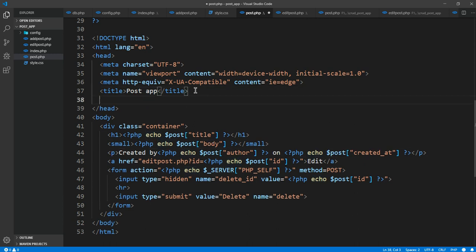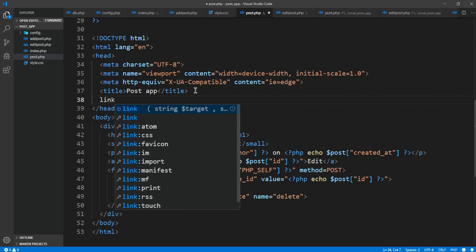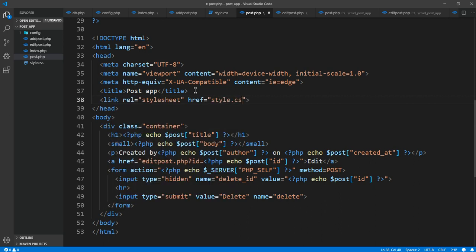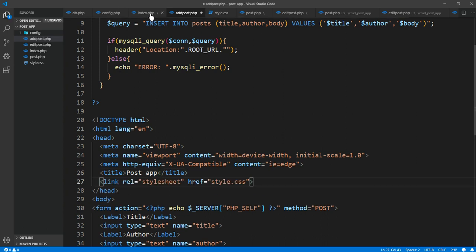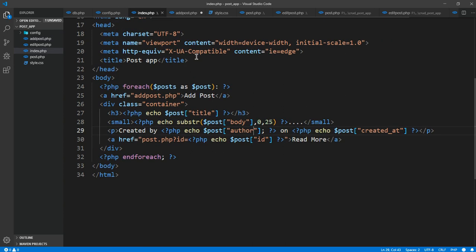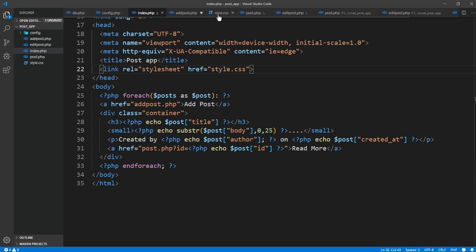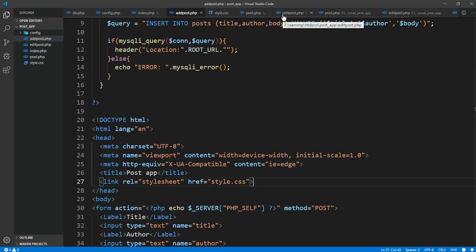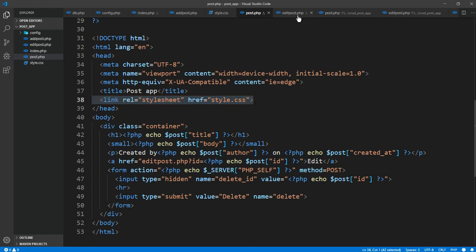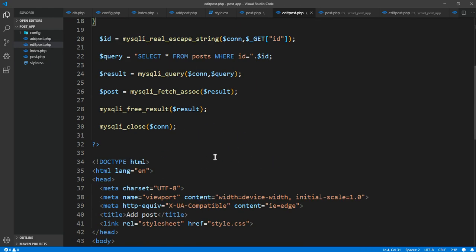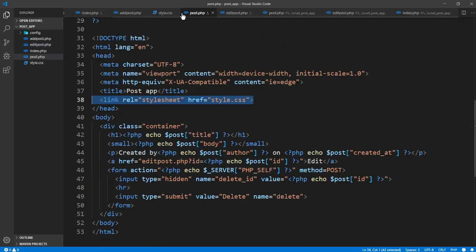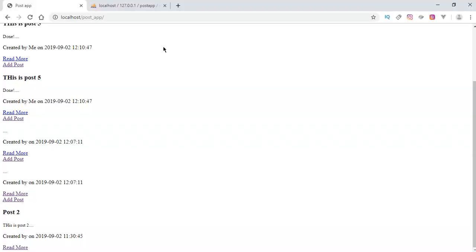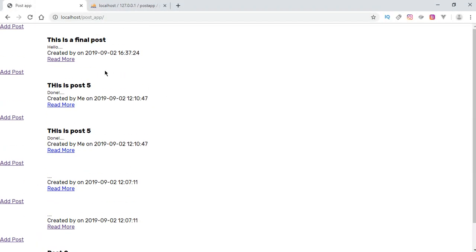I'm gonna link it. Just copy it and paste it everywhere. Edit post. Did I put it in post? Yeah. Edit post. There. The rest, yes. So let me check if that's working. Yes, that is,